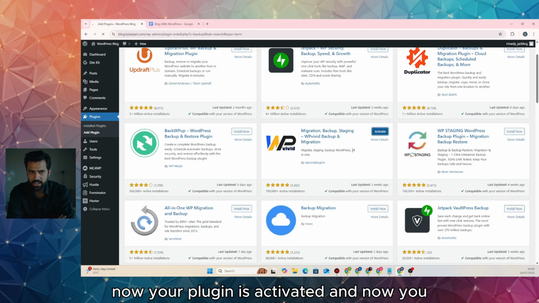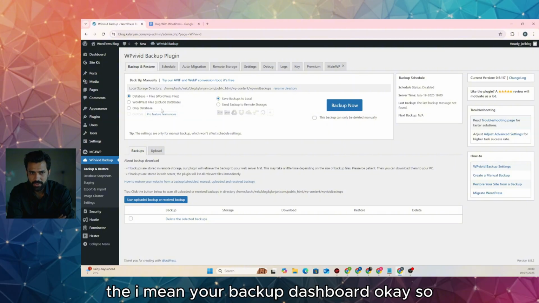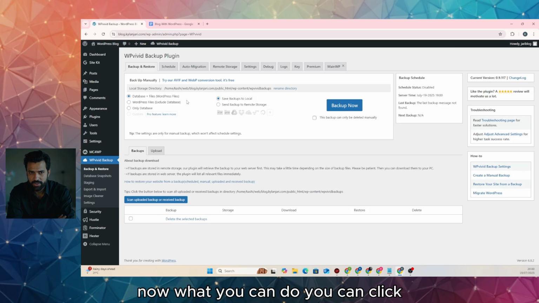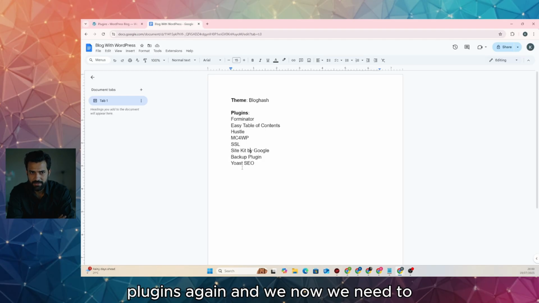So now your plugin is activated, and you are here in your backup dashboard. Now what you can do is click on backup now, but I think we can wait for a while. Once we have the blog fully set up, then I will show you how to back it up. Okay, so now we can go back to plugins again, and we need to